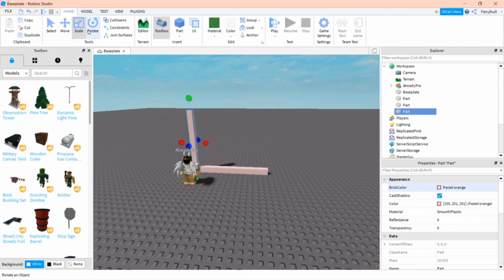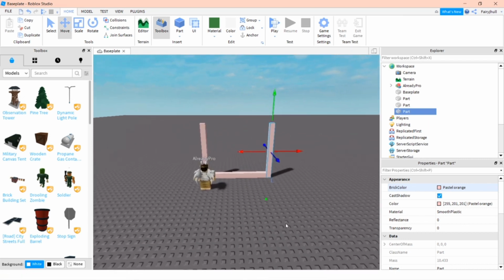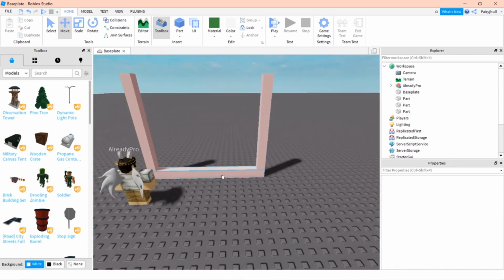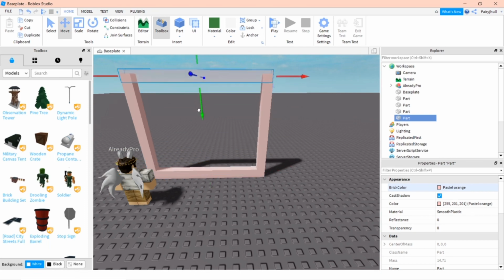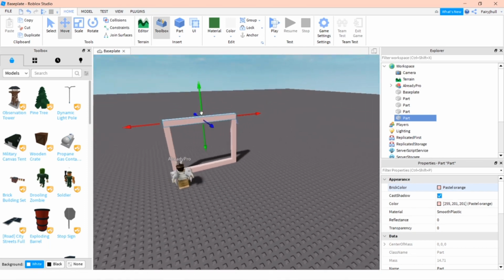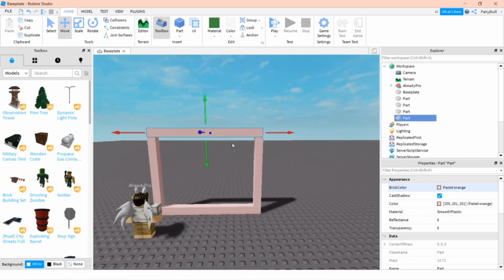So then I'm just gonna go ahead and Control D again, and then I can select the move button and move it to wherever I want. Then I select this bottom part, and I Control D and move it up to where I want it, and then I do the same again, so Control